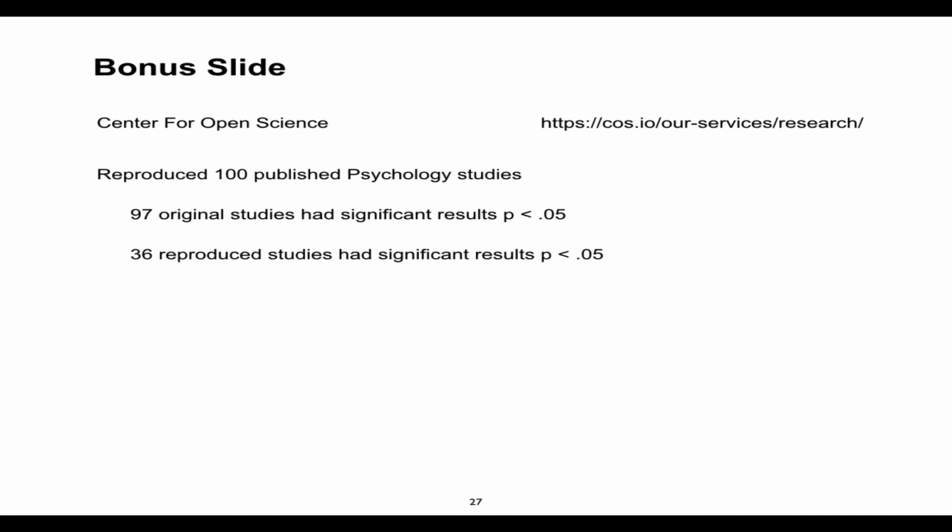Yeah, so there's this very disturbing trend in medical science and psychology studies. There's a Center for Open Science, and they looked at 100 published psychology studies to try and reproduce them. And 97 were significant to 0.05. Only 36 reproduced studies had significant results with p less than 0.05. And these were published in top journals. No, so the 47, right, the results were within 95% confidence interval of the